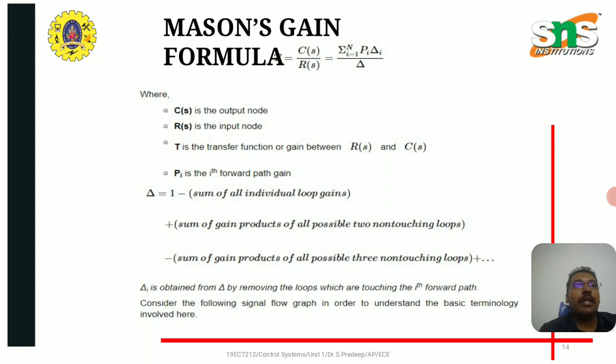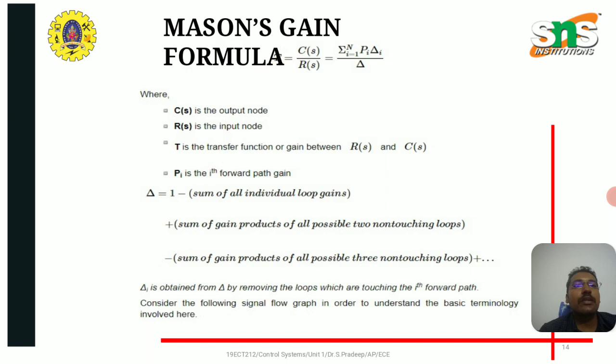The Mason gain formula is given by C(s) divided by R(s) equals summation i equals 1 to n of Pi Delta i divided by Delta, where C(s) is the output node, R(s) is the input node, T is the transfer function or gain between R(s) and C(s), Pi is the ith forward path gain, and Delta equals 1 minus the sum of all individual loop gains plus